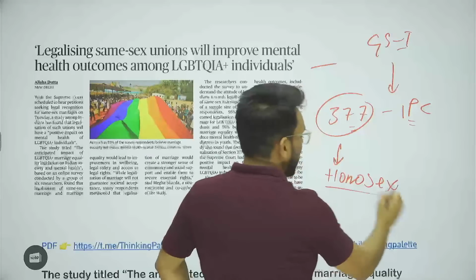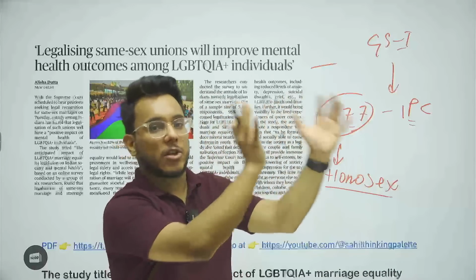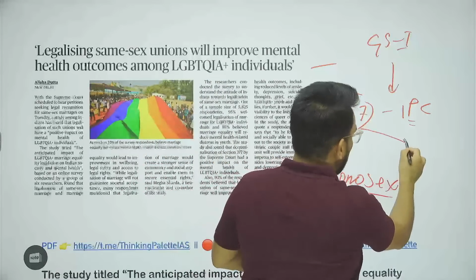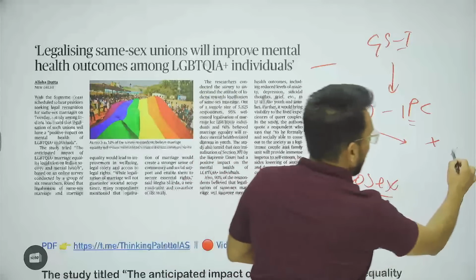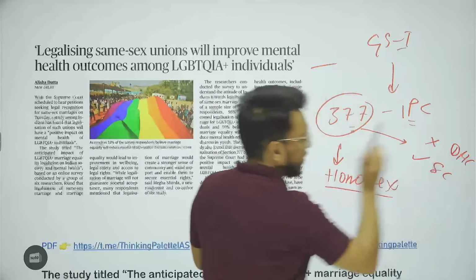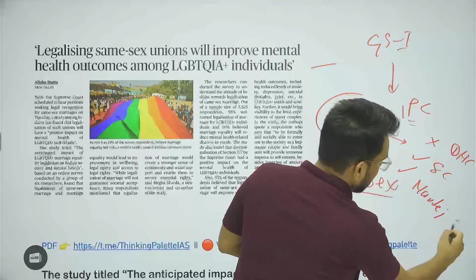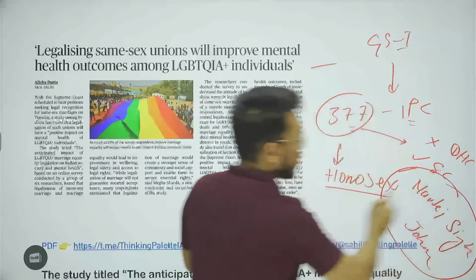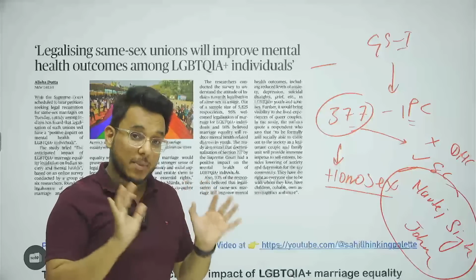It criminalized homosexuality. For example, a man having sexual relations with another man, or a female having sexual relations with another female. Same-sex relations were criminalized by that. Now, guys, what had happened? Section 377 was earlier declared unconstitutional by the Delhi High Court. But then what happened? The Supreme Court revived Section 377 again. And then finally in the Navtej Singh Johar case, what happened finally? The Supreme Court struck down Section 377. It means homosexuality is not a crime right now in India.